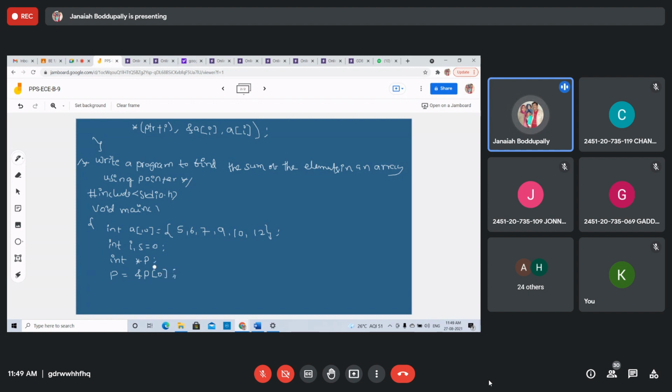Again, for i equals 0, i less than 6, 0 to 5, i plus plus. If you want to display all the elements, it's okay. Otherwise, write it in brackets.